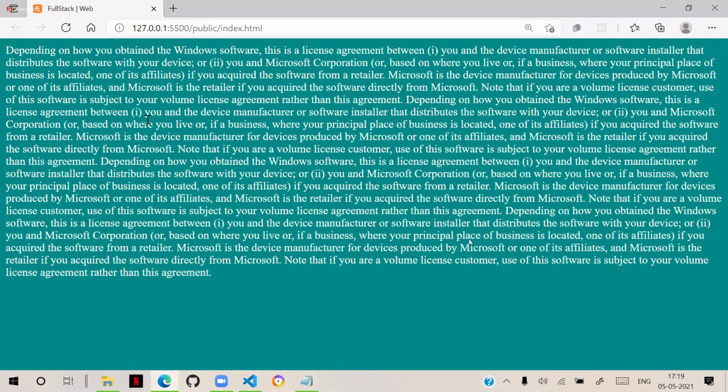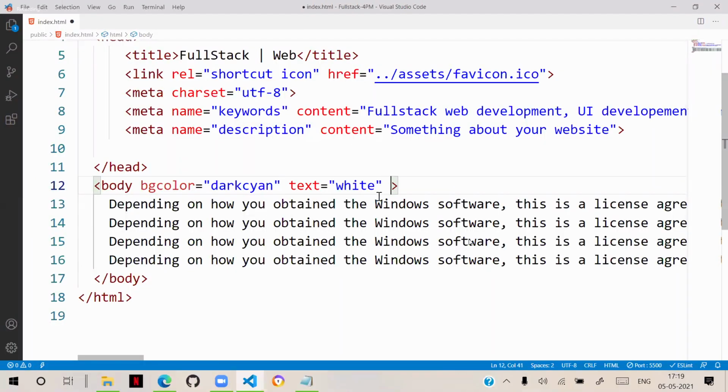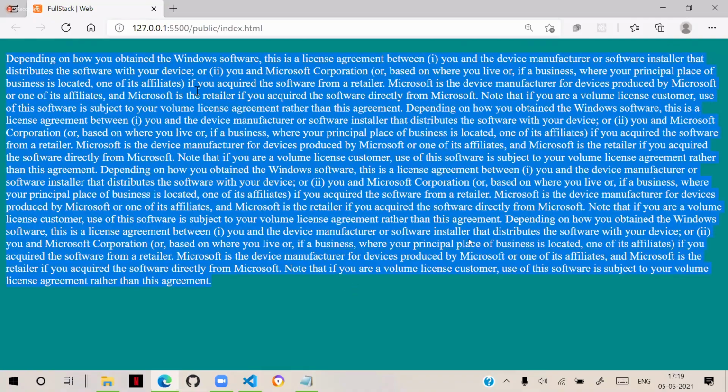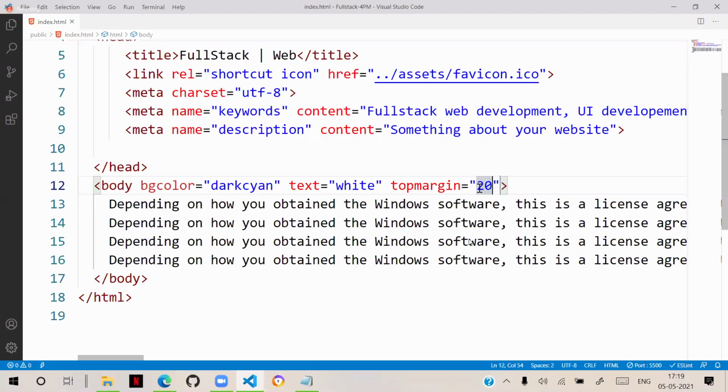Now I want to adjust the margins, and you can write here top margin. How many pixels? Yesterday I told you pixels. So top margin some 20, and you can see that from the top it will move 20 pixels down. And if top is 120, you can see it will move more down.